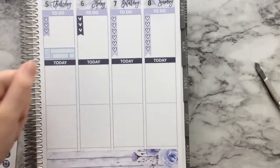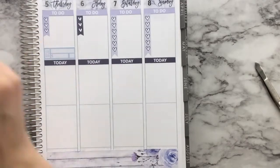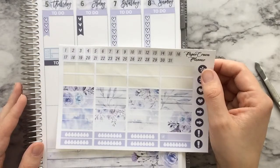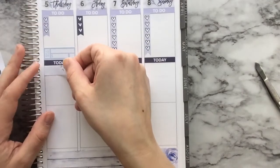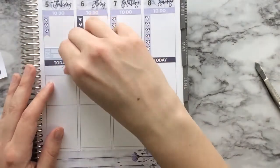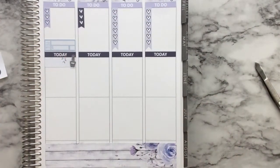We do have a nail appointment, and I think I'm going to put that on a washi strip, one of these thicker ones. And I want it a little light enough that I can write on it easily. So probably this one here, because I want to jot down the time and the location. That's the first thing that's happening on